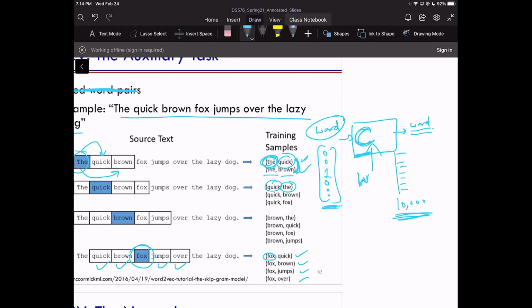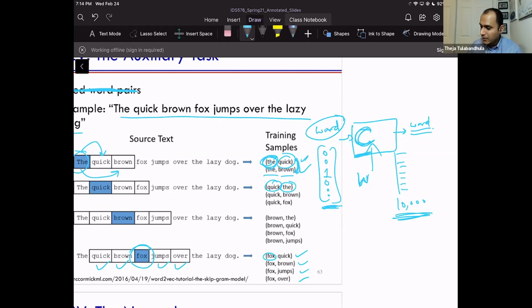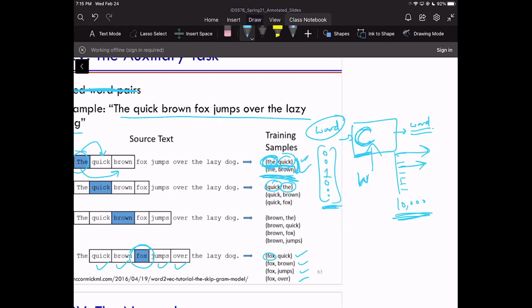Intuitively, when I pick the first example, I want the loss to be low. I want the quick coordinate to be high and everything else close to 0. For the second example, if I want the loss to be low, clearly I don't want quick to be high, but I want the brown coordinate to be high. So they are somehow contradicting each other, and you can imagine that it will ensure all other words have low scores, but quick and brown will have reasonably high scores.